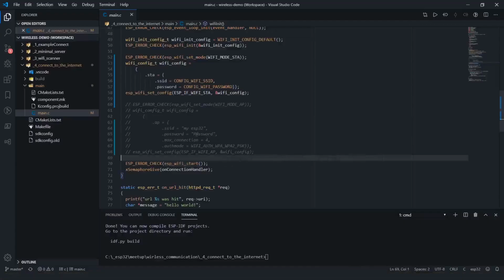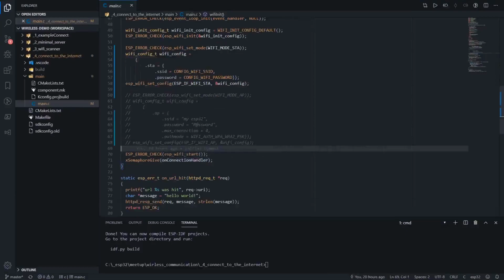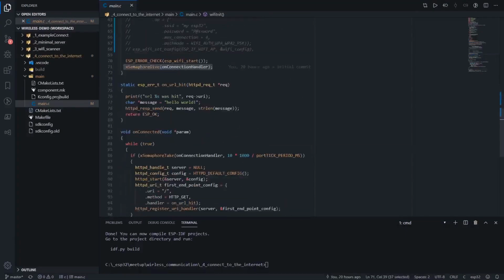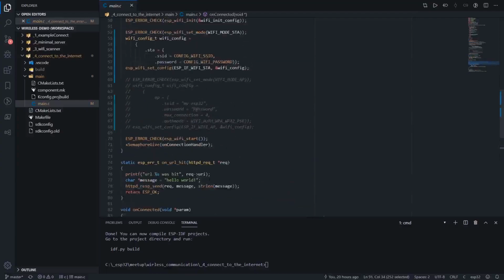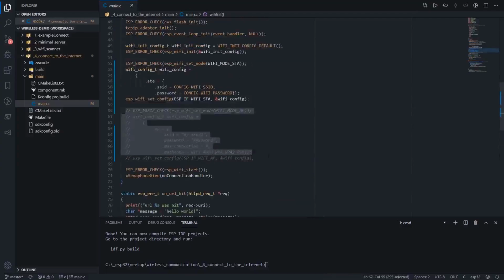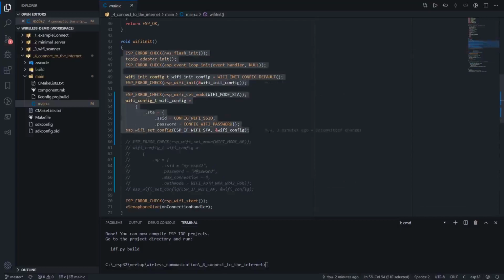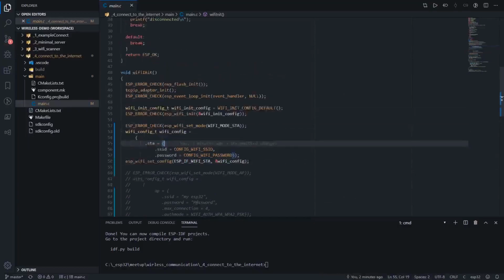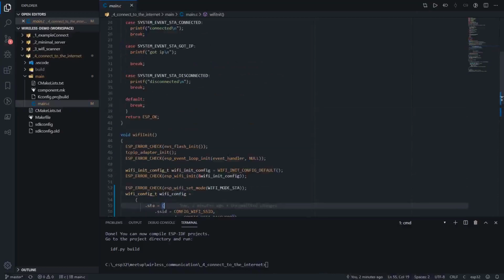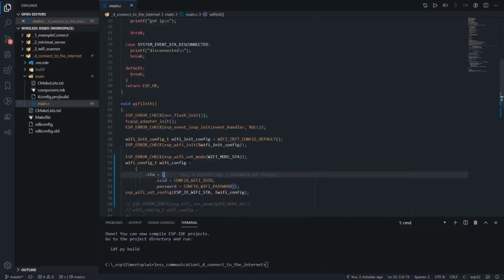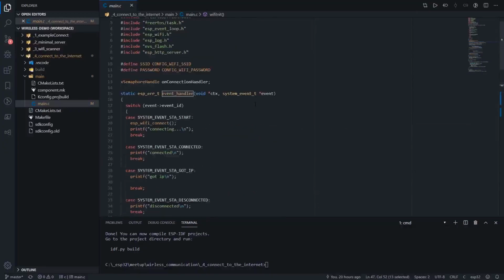So now that we've actually got that, what we do is we say Wi-Fi start, okay? And that's pretty much it. This is a semaphore that's basically going to say, all right, once you've started, then go ahead and handle whatever you're doing. I've got this commented out code, which we'll have a look at in a second. But you can see that connection is just about a dozen lines of code, maybe a bit more than that. The important part is this thing over here,